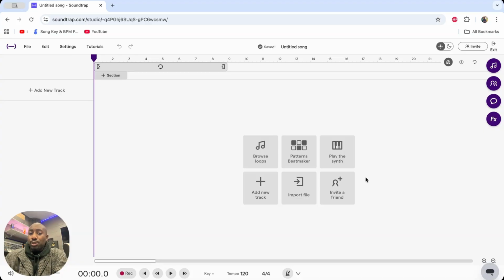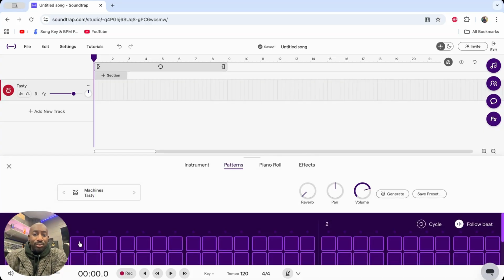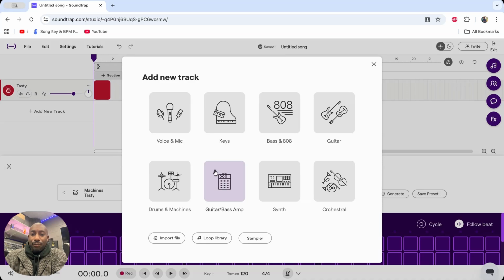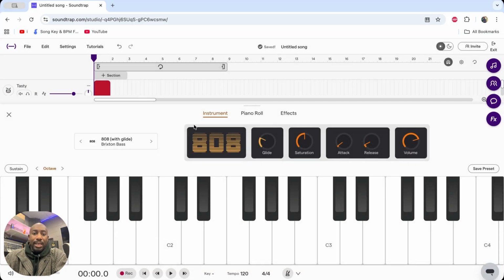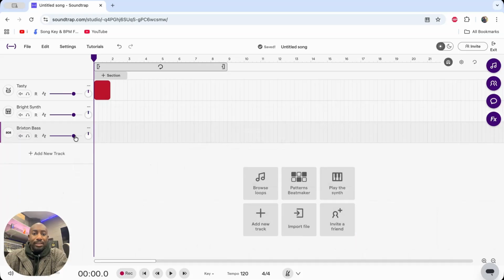So now what we want to do is just add some tracks. For example, you can click a button. As you can see, it's created a drum track and you can click in here and create drum patterns. And then you might want to add another layer. For example, you might want to add a synth. And then if you want to add another layer, you can add an 808 or a bass. So now you can see you've got 3 layers at the same time and you can build as many layers